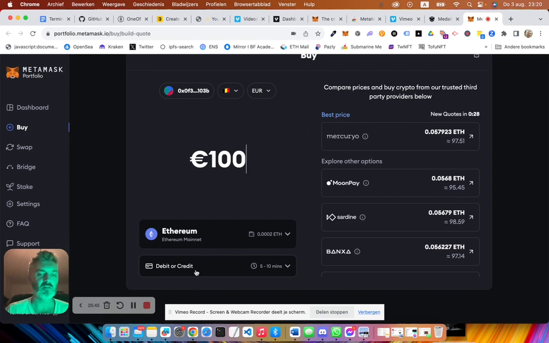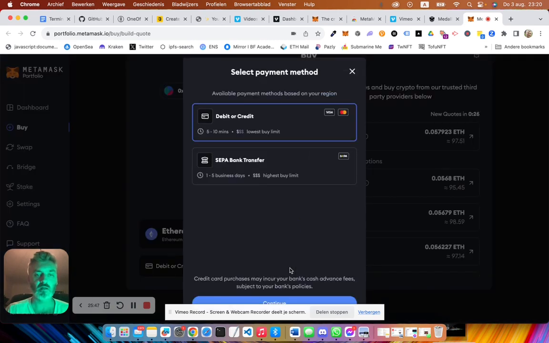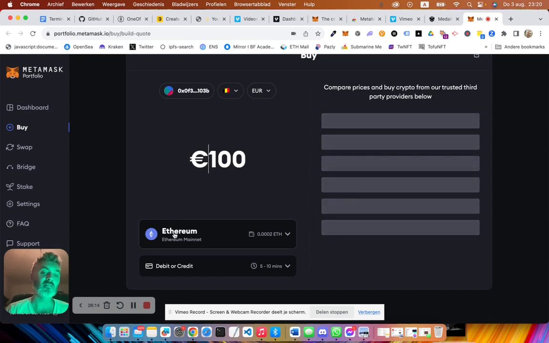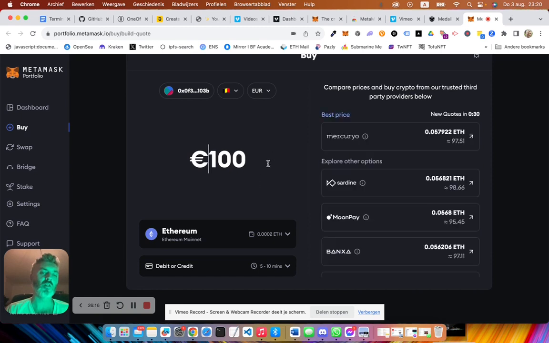But obviously, you can do it with debit card and credit card as well, or even with a bank transfer, right? So you don't have to make an account on the exchanges. You just go the short way, also a safe way, through MetaMask. And remember, you see this here. This is the wallet address. If I have here 100 euros, sorry, then it will mean I will get Ethereum tokens for the amount of 100 euro.